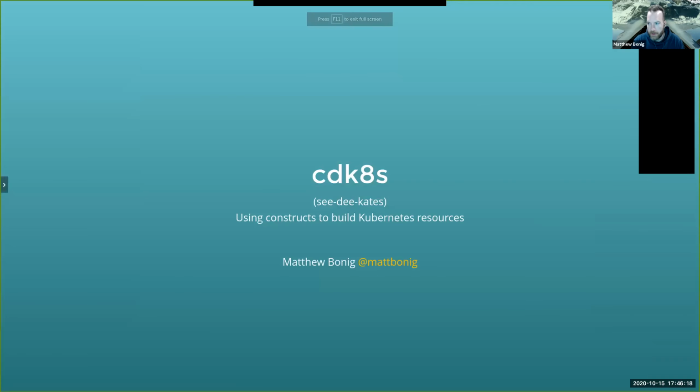All right, so cdk8s is going to be the topic for tonight. It is a project that largely came out of AWS as an offshoot of the AWS CDK. Looks like most of you are familiar with the CDK, but in case we're not, the AWS CDK stands for the Cloud Development Kit, and it is a software development tool, an API that was produced and managed by AWS that takes an API idea called a construct and allows you to create all these different constructs.